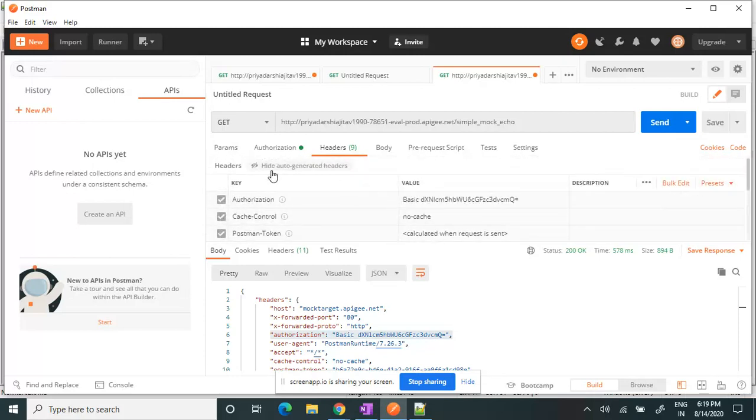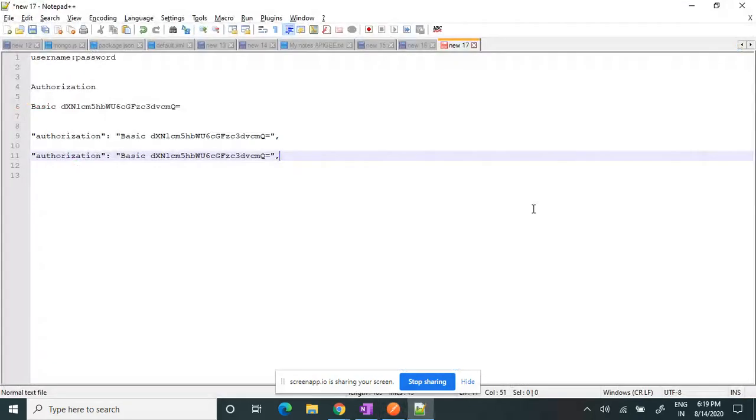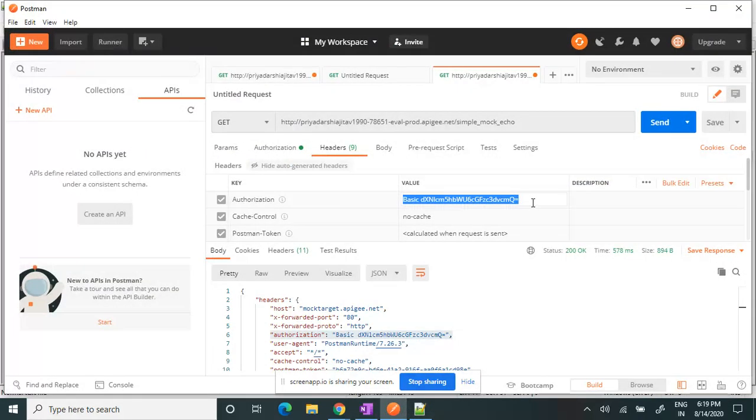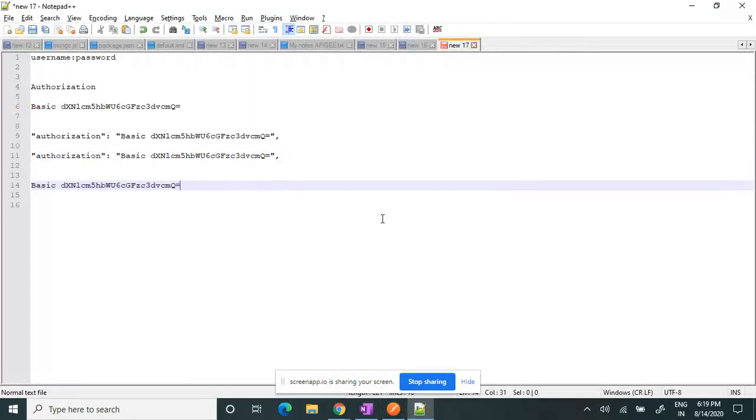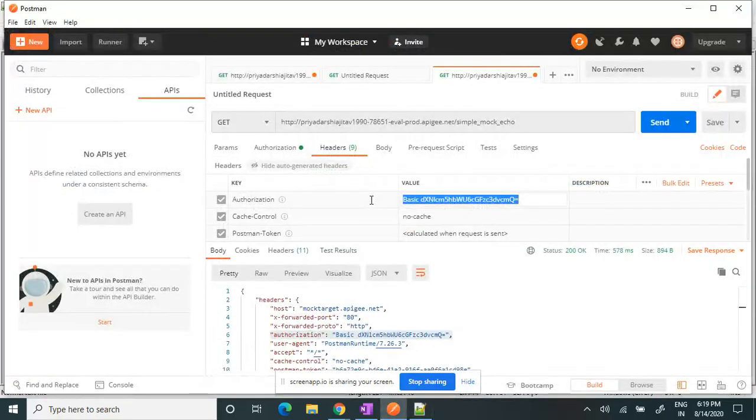When I expand the headers, you can see the authorization and base64 encoded value is set by Postman, and that is the same basic authentication we were using in the header.